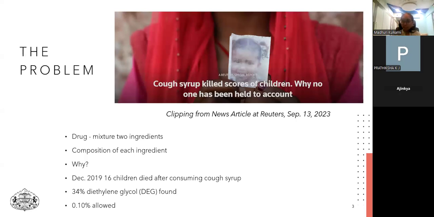So what can be the role of statistics in identifying the proportion of ingredients in a drug which is easily available in the market? This is the question that we are trying to answer today. I hope that you understand the significance of this.